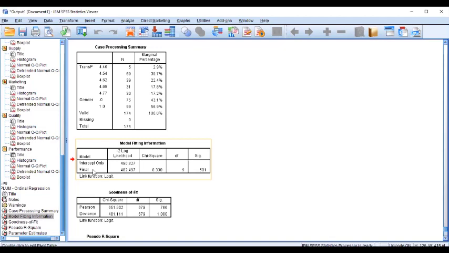The predictors in this case have a non-significant influence on the model. That is what we are reading here, with a p-value greater than 0.05. Now, if we had a null hypothesis that there is no significant difference between the intercept only model and the final model,